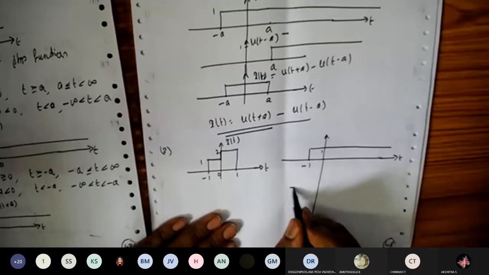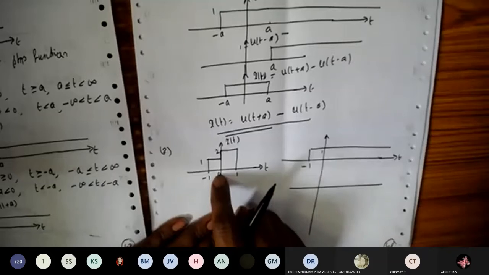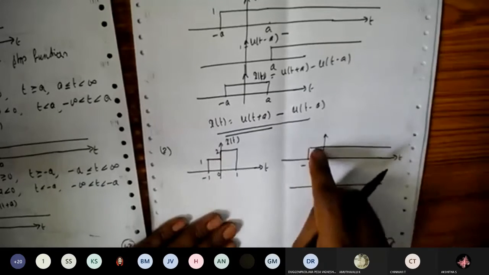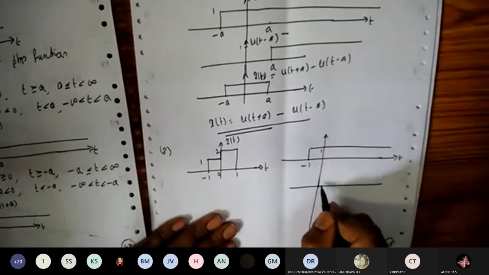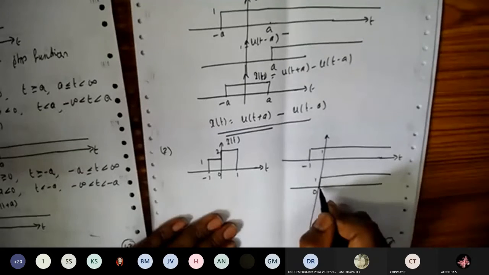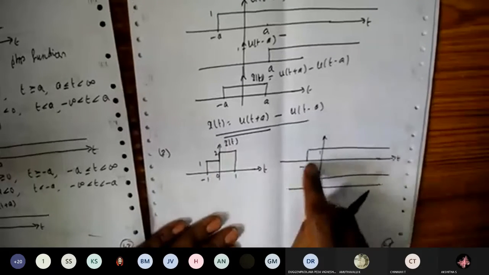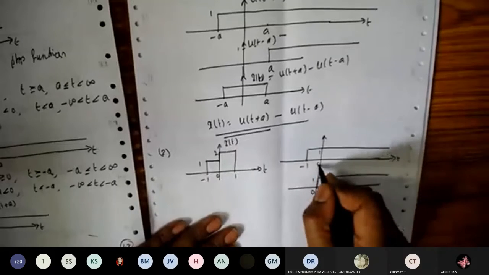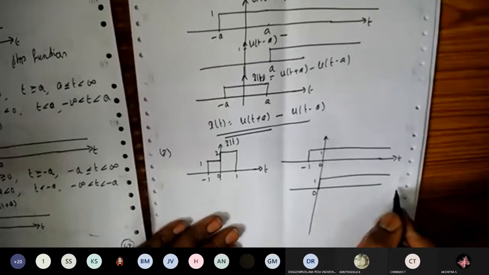So let us take one more unit step function, which is going to start from 0 here. When I add another 1 to the 1 already there, it will become equal to 2. So let us start the other pulse from 0. When I add, the amplitude will increase from 0 here. From -1 to 0 it is having the amplitude 1. From 0 to infinity it is having the amplitude 1 here.